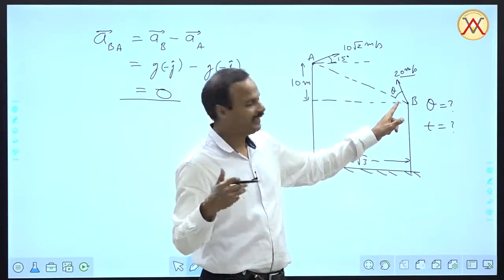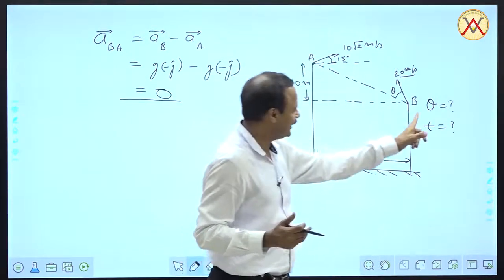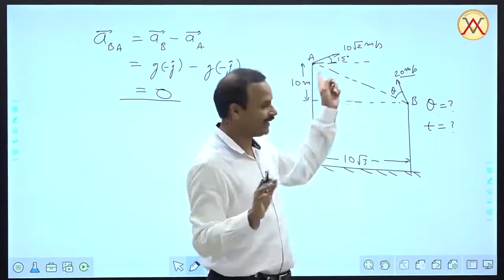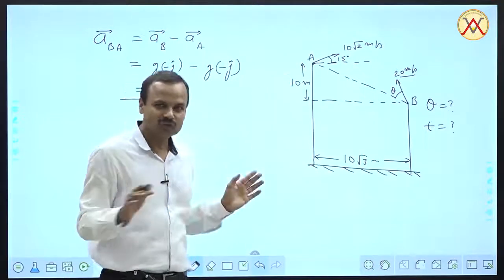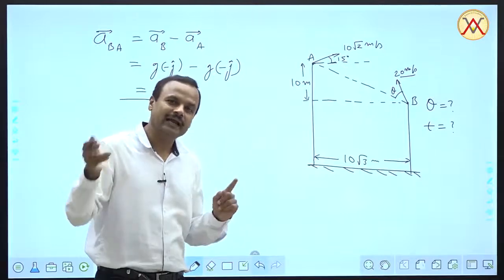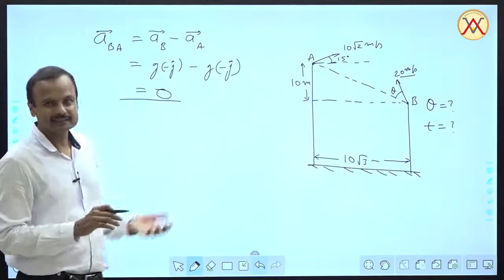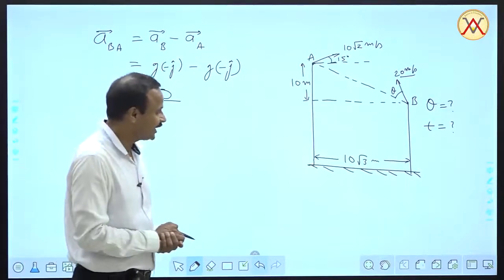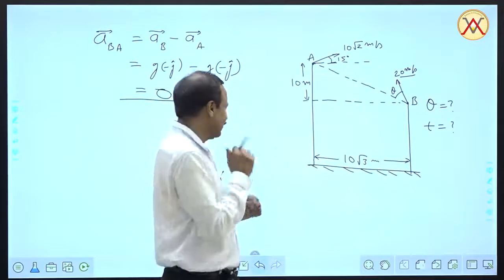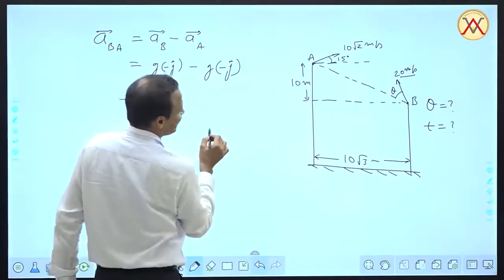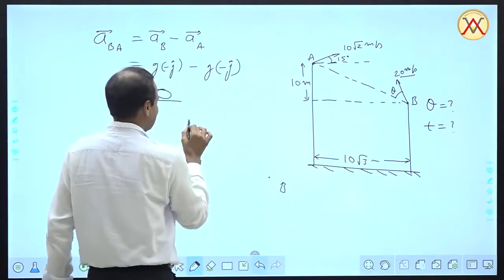Don't think of them anymore as projectiles. If you are in the frame of reference of A, B is just moving straight and A is not moving at all. If I am thinking in terms of A, obviously A is not moving, it is only B which is moving. And how is it moving? It is moving in a straight line path, as we have seen, because the acceleration is 0, the only possible path is a straight line. Now we want B to collide with A. So how is it possible? Let me draw this again here: A is here, B is here, and A is not moving.